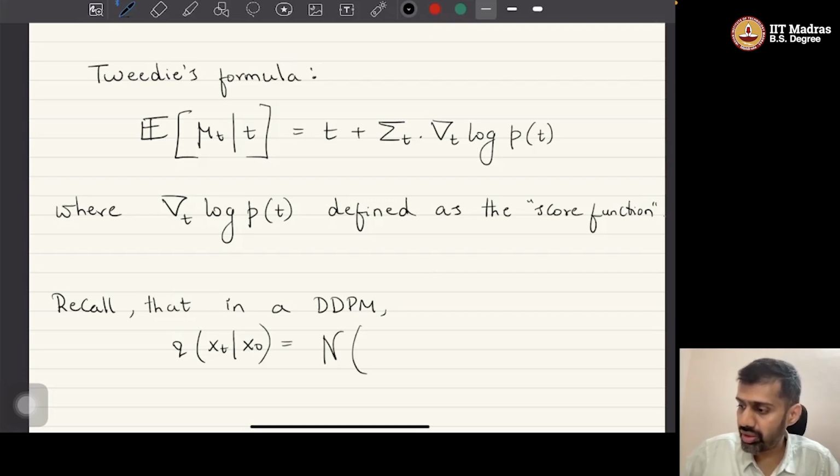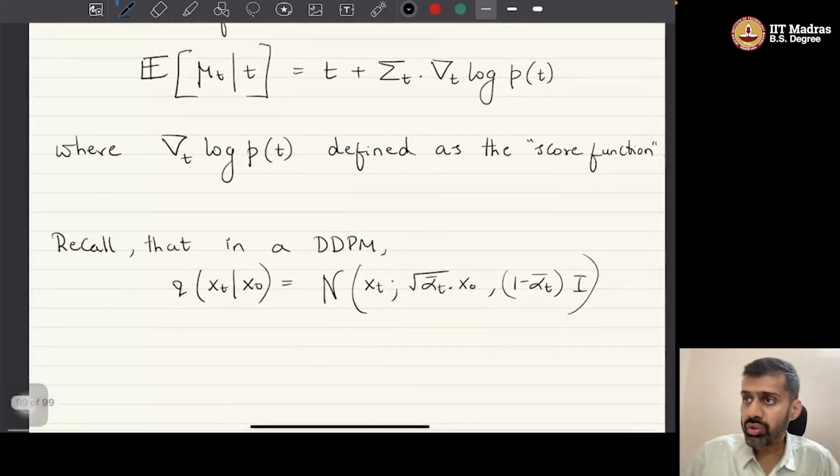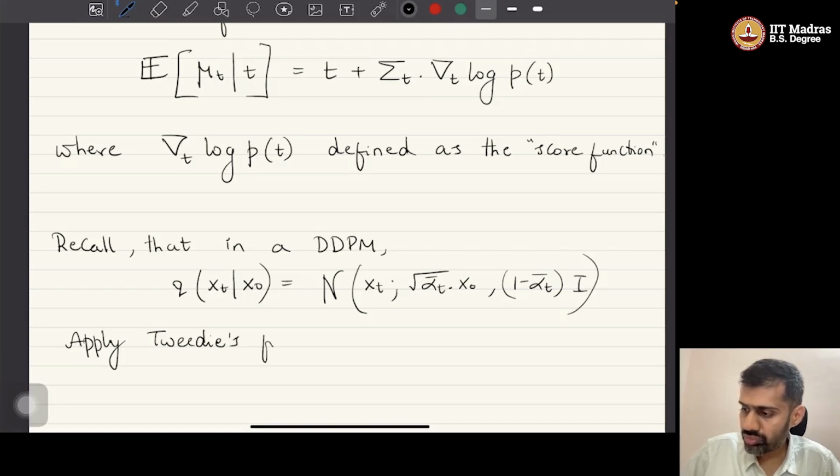We have derived this: x_t, where the mean is given by square root of alpha_t bar times x_0, and the variance is 1 minus alpha_t bar times the identity matrix. So this we have derived. Now if we apply Tweedie's formula to this,